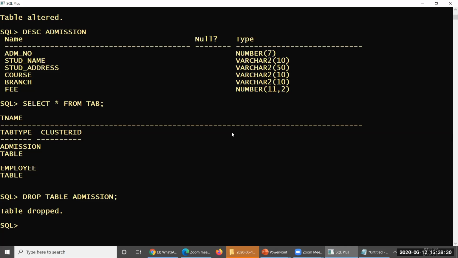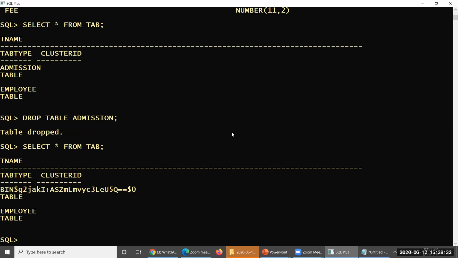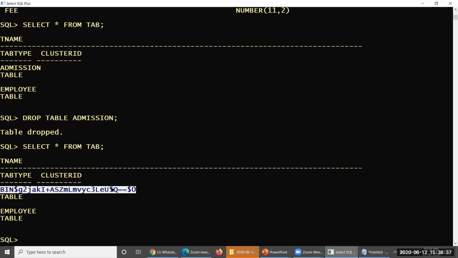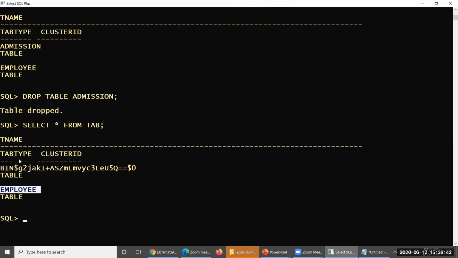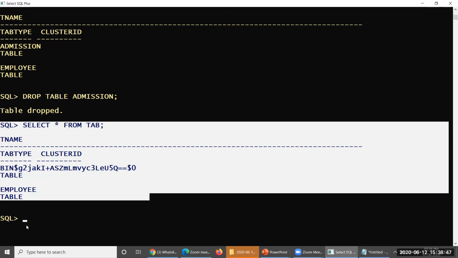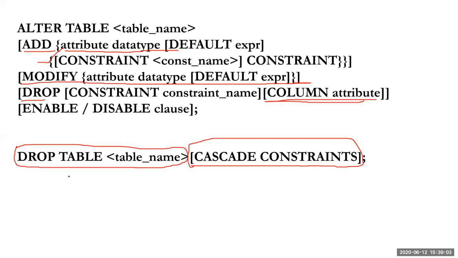Now you can select the previous command again. So you don't have anything here. Of course, bin is there. Let me explain after some time what this bin is. So only the employee table is available. You could not find admission after the execution of this particular command. Look at this. So you have to think once, twice, whether the table will get deleted or not. If it is no more required, then you can go for deletion, dropping. Otherwise, don't go for drop. Okay, so this is about drop table.